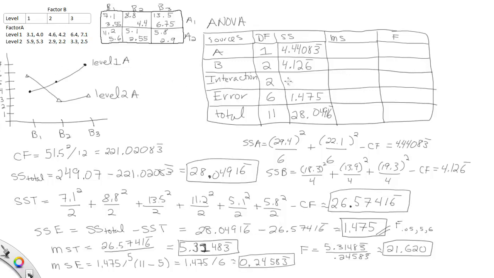So it basically works out to be 18.007. Okay, so now you have that all filled in, you're basically ready to run your stuff. So if you put 1 into here, of course, you get 4.44083 repeating. If you put 2 into this one, you end up with 2.063 repeating, so 2.063 repeating. And then 2 into this one, of course, will give you